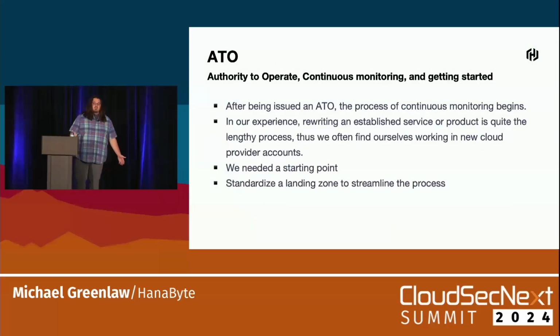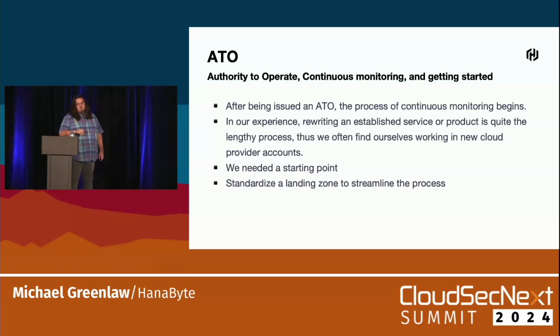So what is an ATO? An ATO is just an authority to operate, right? What happens here is once you get issued the ATO, we now need to continue the monitoring of our environment, right? So we've gone through the process. We have been sponsored and we've gotten our FedRAMP compliance set, and it's like, okay, government gives you ATO, you can now sell your product on the federal marketplace, but you can't stop there. Right? You can't stop monitoring and making sure that you abide by the guidelines because you can lose your ATO,